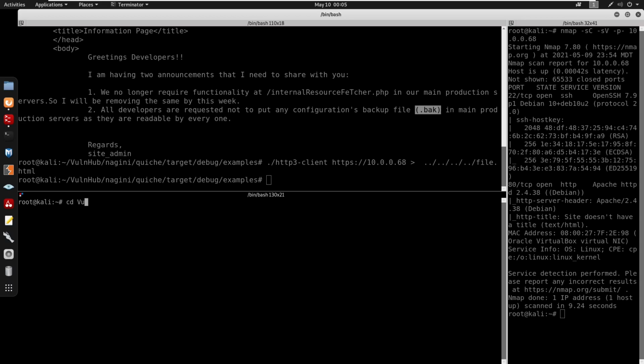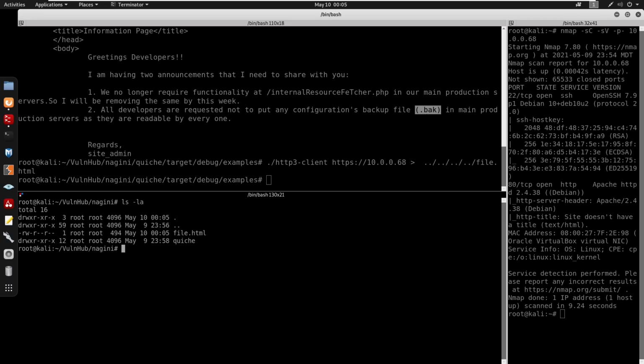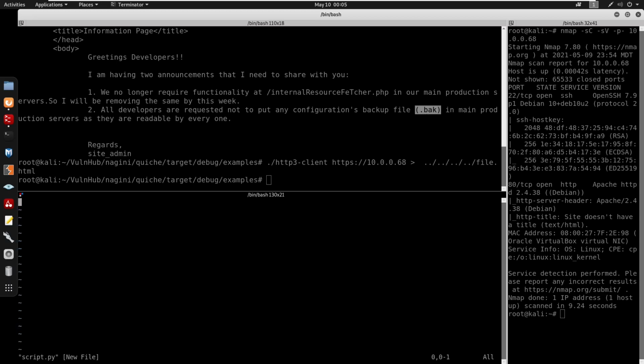So let's actually go under our slash VulnHub. We'll go under Nagini. We'll clear that. We'll do ls -la. We'll vi into script.py. We're going to make a Python script. So we're going to see if we can make a request to